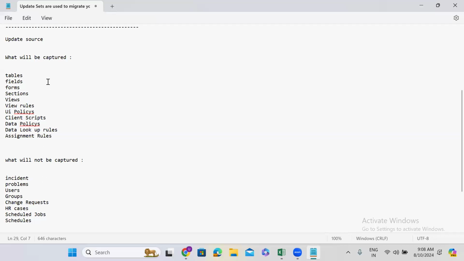So these are also tables only. These are all also tables only. Why are these getting captured in the update set? Why are these not getting captured in the update set? So guys,